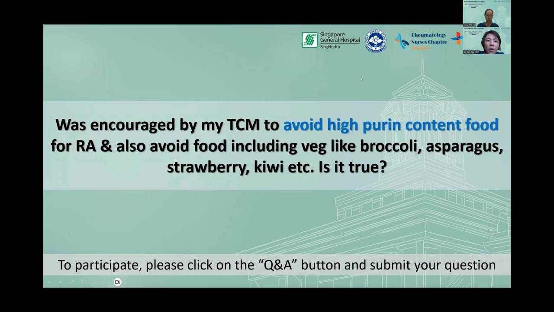As we mentioned just now, avoidance of certain food groups is not recommended, because every food contains some minerals and vitamins that are essential for our body functions. So omitting several foods and large food groups can cause nutritional deficiencies in minerals and vitamins, and then affect your overall body health.